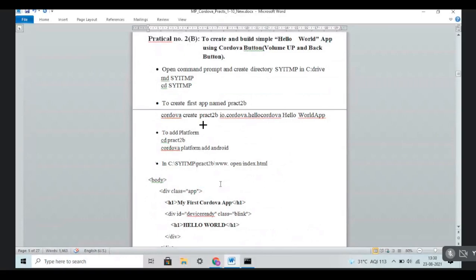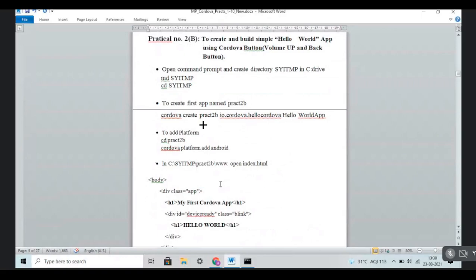OK. Then what is MD? If you know, fine, if you don't know, then write this one. Again, I am telling you, please note down. MD means make the directory on the command prompt. CD means change the directory. And suppose you want to go to the parent directory, that time which command do you have to use? CD slash. Which slash? Front slash. Sorry, back slash. Clear?